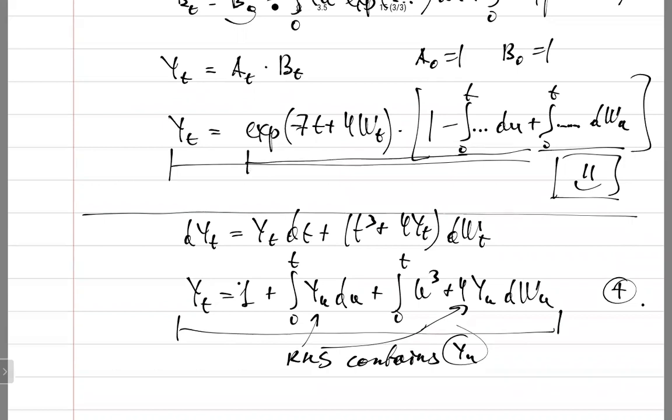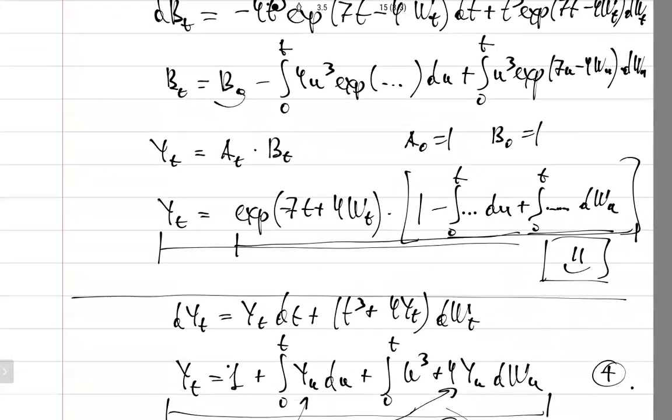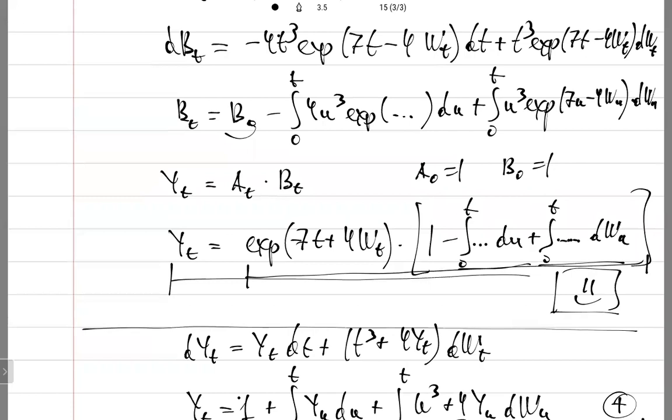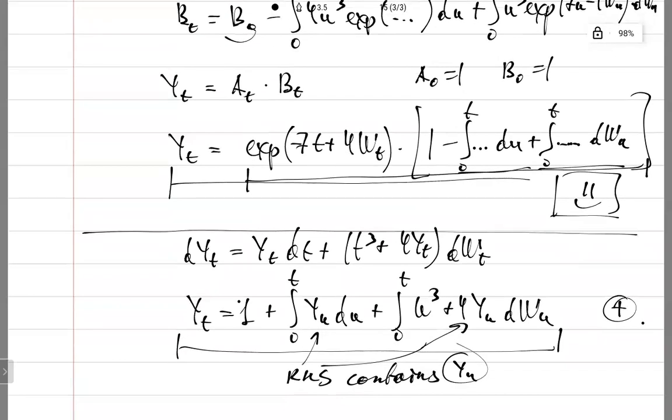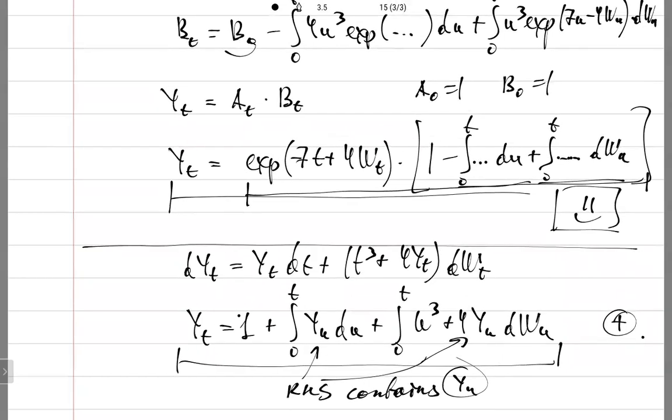In my case, yes, I have two integrals, we may check whether we can solve them, but because of u cube, I think there are no explicit solutions. We cannot get rid of the integrals, but this is a solution because the right-hand side